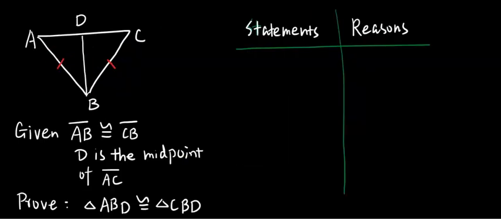So this is our second practice. We're going to finish this proof. Go ahead and read what is given and what we need to prove. Okay, we always start with given. So the first thing is really simple. I'm going to copy down the given, and copy it down. D is the midpoint